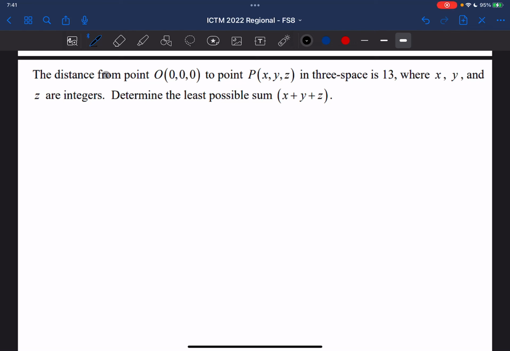So in this problem, the distance from point 0, 0, 0 to x, y, z in 3-space is 13, where x, y, and z are integers. So we want the lowest possible sum for x, y, and z. Now people often say, how are you supposed to know this without a calculator? Well,